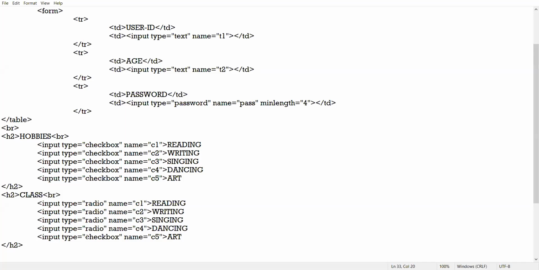I give the last option here, radio. While creating radio button, remember one thing very, very carefully. The name attribute will have same name for all the options. You have to specify same name for all the options.